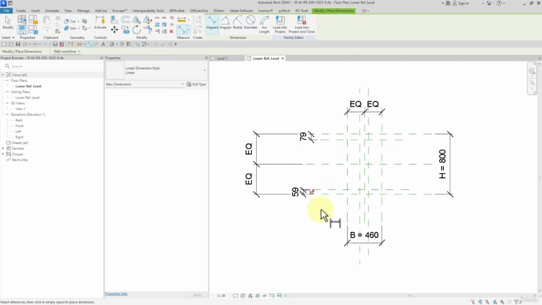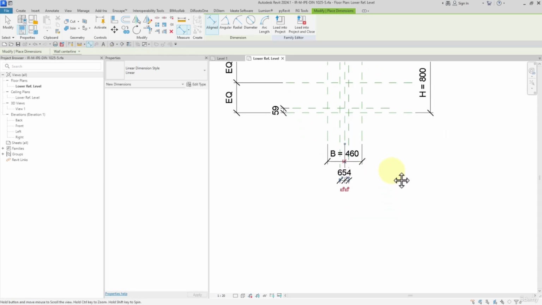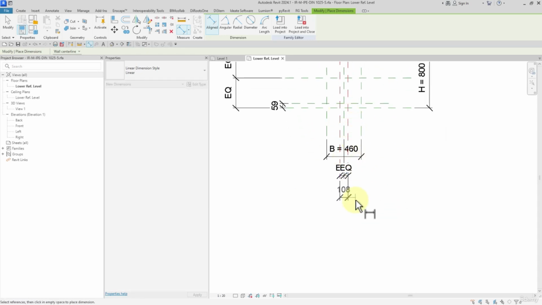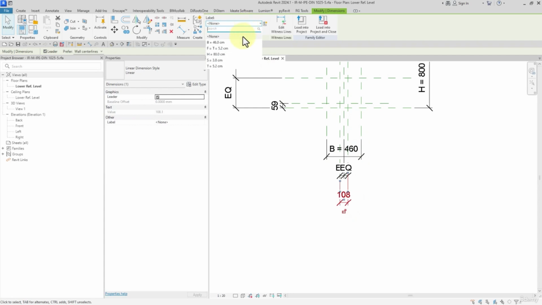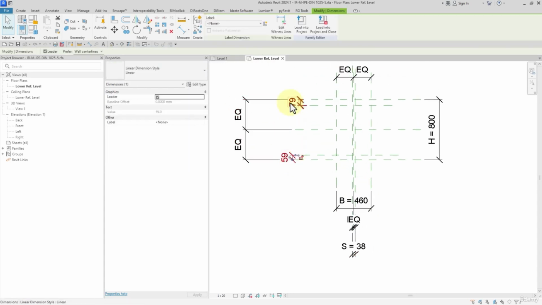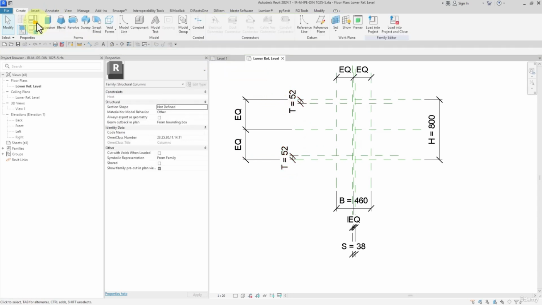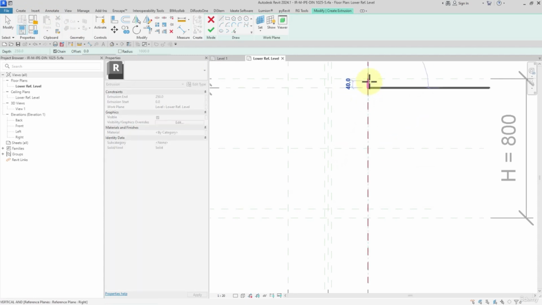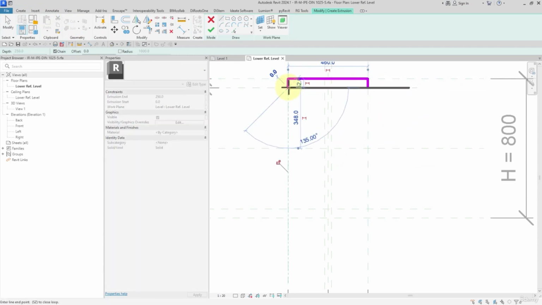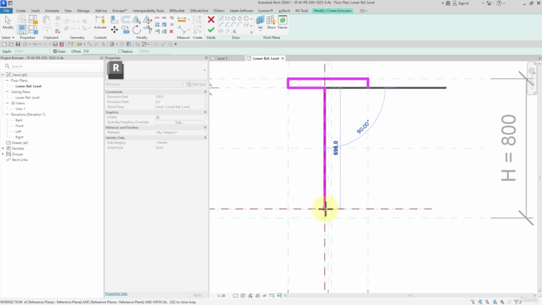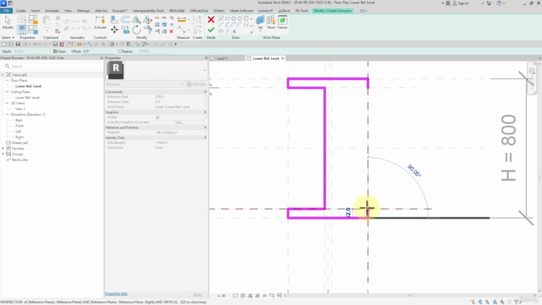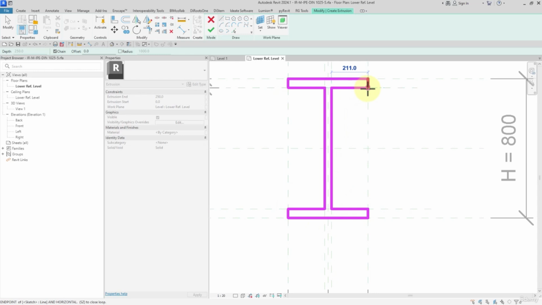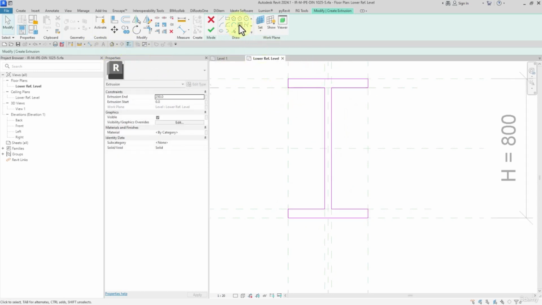Then adding dimensions this way, and also dimensions and equalized. Then I want to associate this to S, and the two others to T as thickness. And then I select extrusion. I start drawing. Watch this. Like this way you can create the IPE sections. Then for the fillets, I check